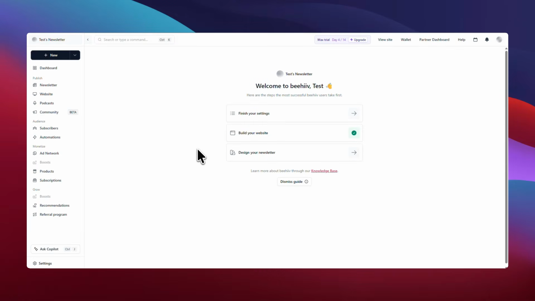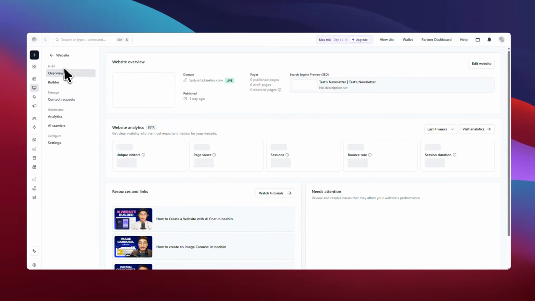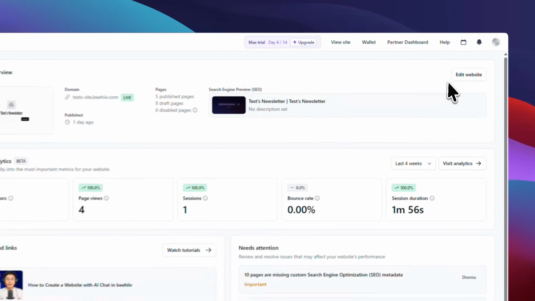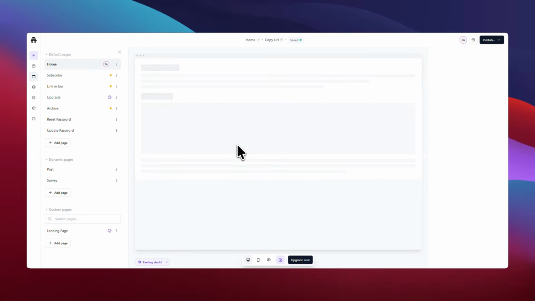In today's video, I'm going to teach you how to embed YouTube videos on your website. To get started, open your site dashboard and look to the menu on the left-hand side. From there, click on Website and then choose Edit Website. This will take you into the website editor where you can make changes to the layout and content of your